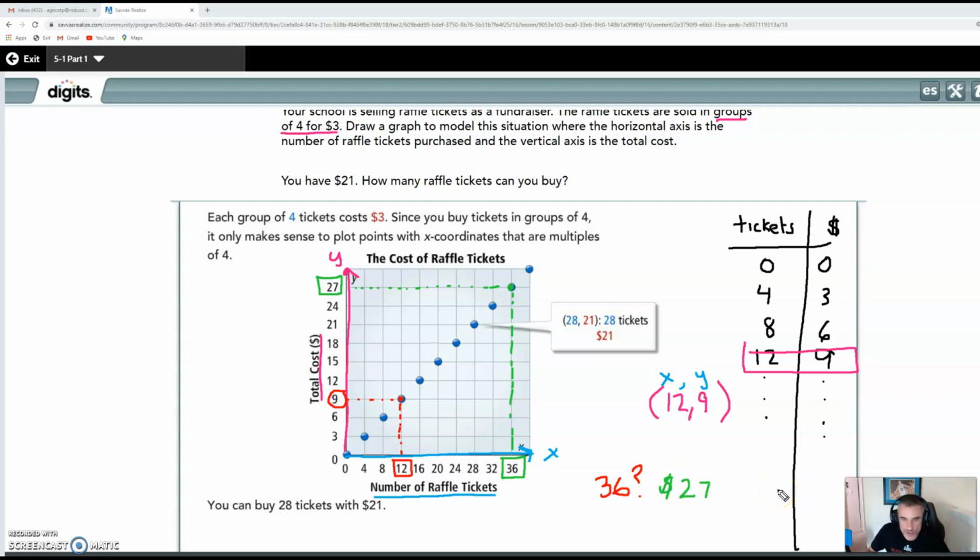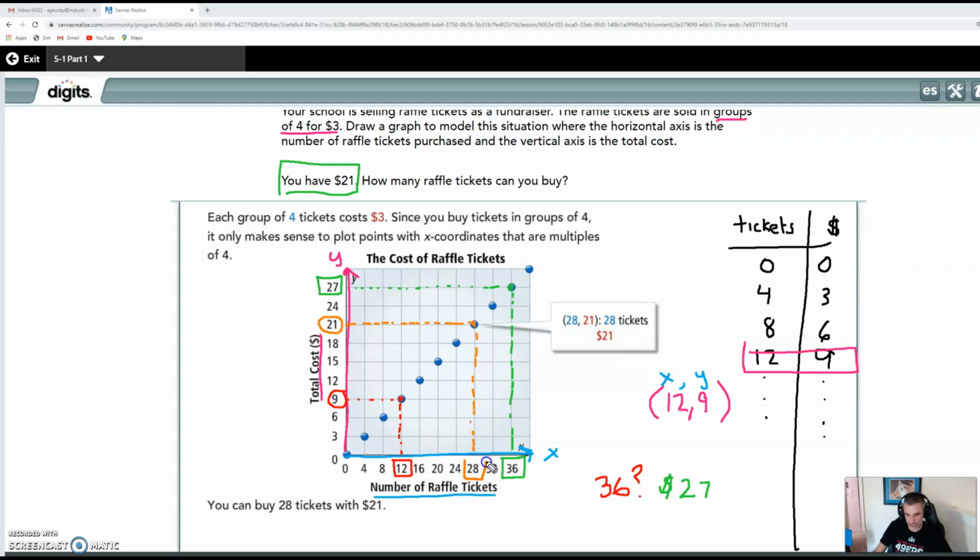All right, so the question they want us to answer is, you have $21. How many raffle tickets can you buy? So this one's actually a little bit different than the example I just used, because here they give me the dollar amount, right? $21. So in this situation, I need to find $21 on my y-axis. There it is. And I'm just going to move in the opposite direction. I'm going to go horizontally until I hit a dot. Then I'm going to move down,